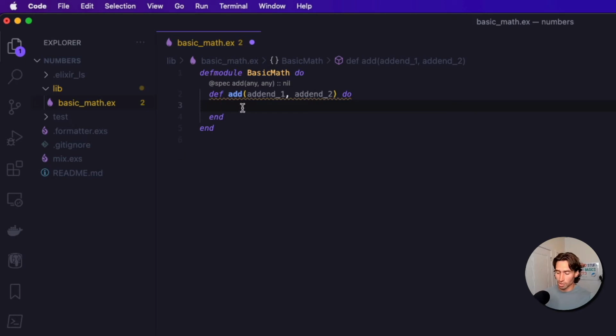But there are some things you can do out of the box with just basic operators in math with integers and floats. And the first one is add. And the cool thing is with functions, the last expression is implicitly returned. So you don't have to return a value. We can just do this. We can do addend_1 space plus addend_2. And we don't have to return the value, it just knows that that is the value we return,